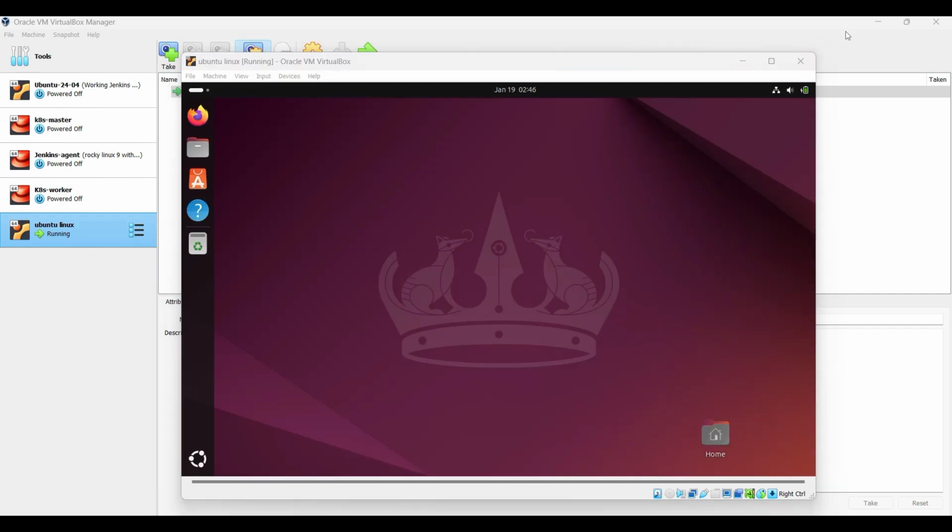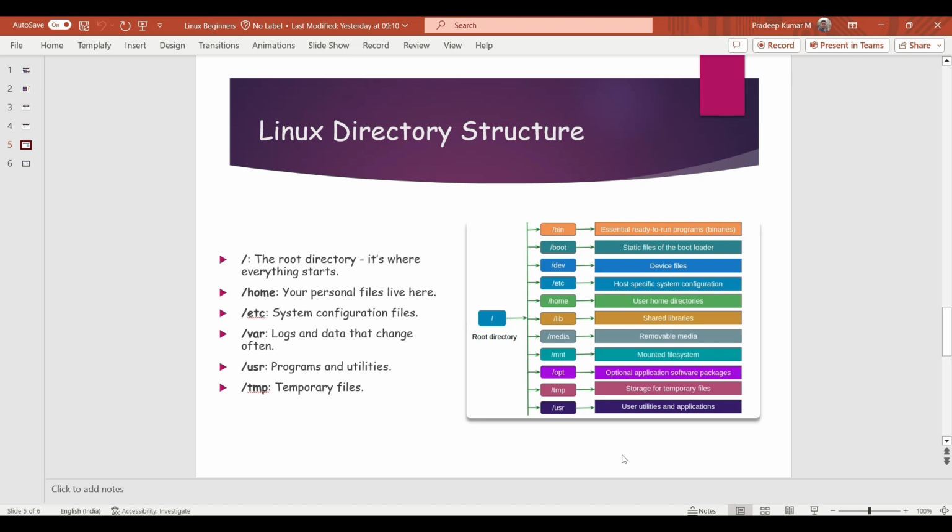Let's talk about the Linux file system hierarchy. Linux organizes the files into a structure that looks like a tree. Here are the main folders. We have slash at the top. We call it the root directory. It's where everything starts. So under this slash root directory, we have multiple folders like